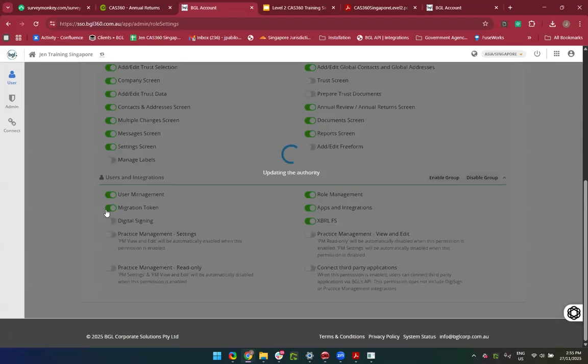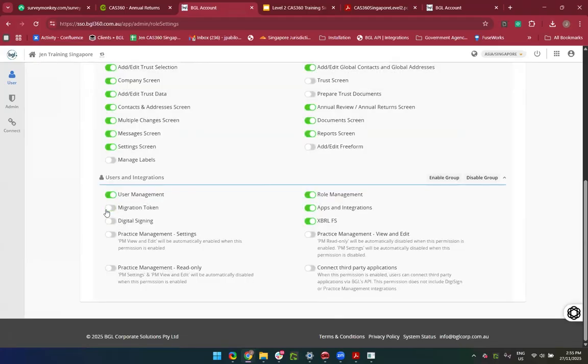If this is switched off, it means that even if the person has an accountant role with CAS 360,